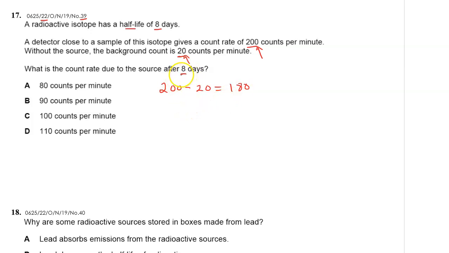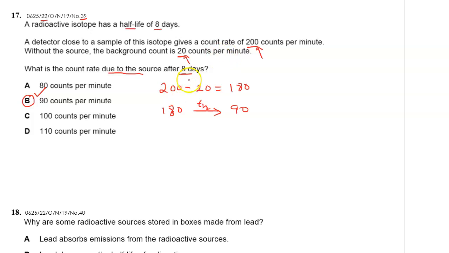So 8 days is only one half-life. It will decrease from 180 to 90. This is only one half-life. When you halve 180, divide by 2, you get 90. So what is the count rate due to the source? Due to the source, not plus the background radiation. So the count rate due to the source is 90